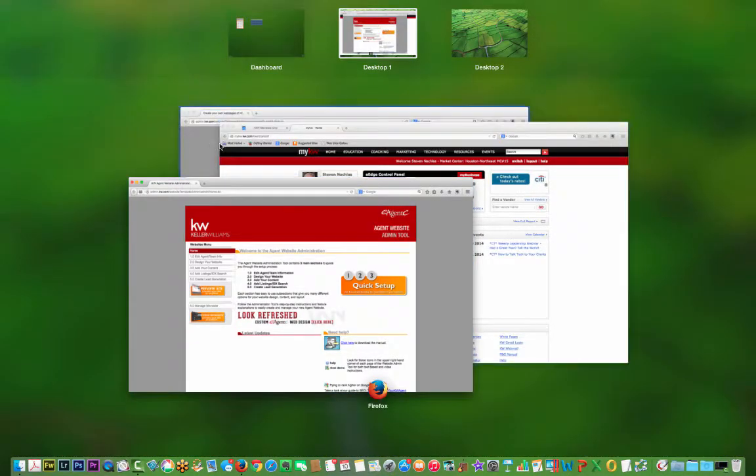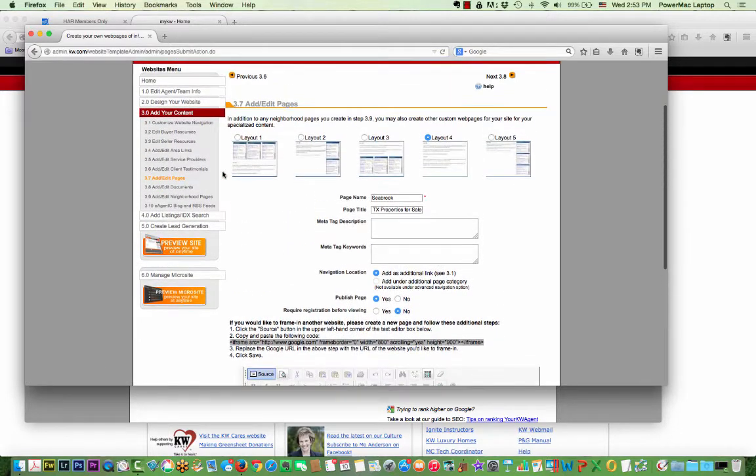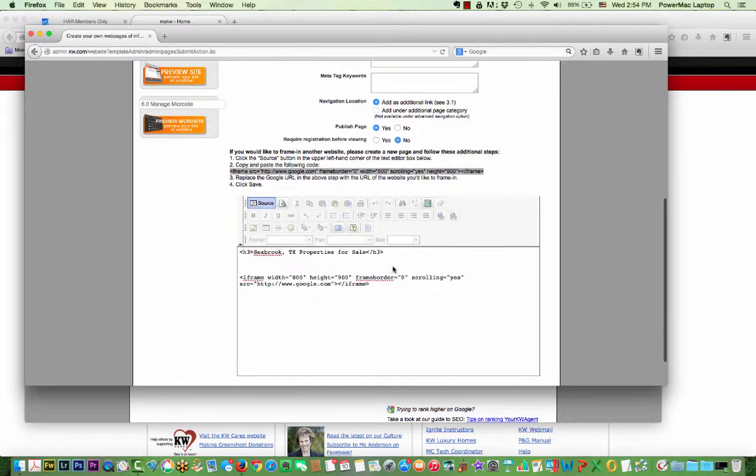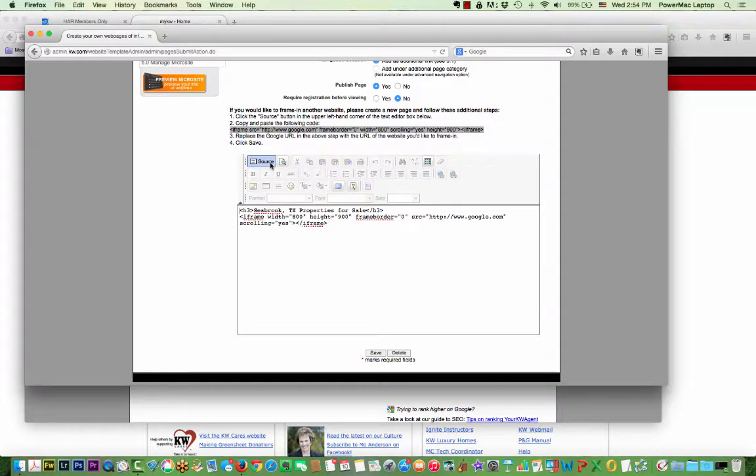I've already got a page going in section 3.7, so I've just basically added a new page. Usually like to use layout number 4, filled in the usual information, given it a title, and then I've plugged in the framing code like we always do, and of course we'll replace the Google code